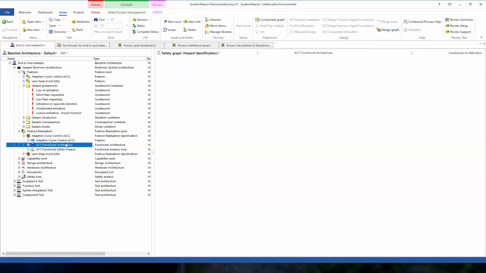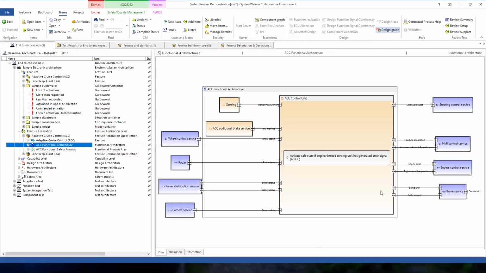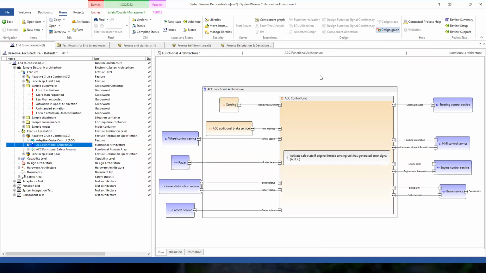So if I now go to the functional architecture itself, I told you this is a more service-oriented architecture approach. We already have some services in our company, like a radar or a camera or HMI and so on, that we want to interact with from the ACC feature, because the ACC feature itself doesn't own the sensors and the actuators, but rather sets requirements on them. So this is a way to represent that, to look at these as services